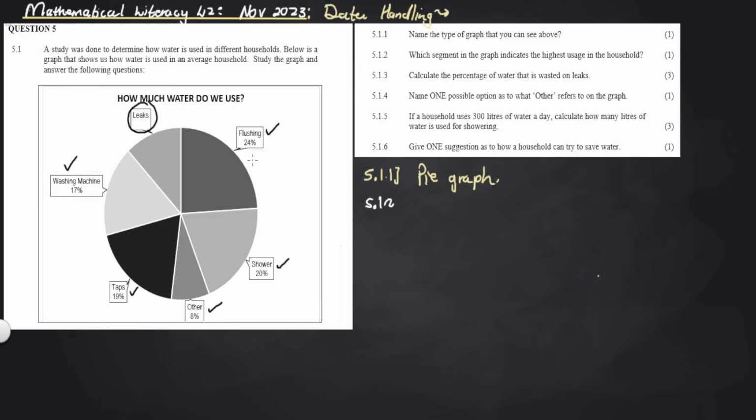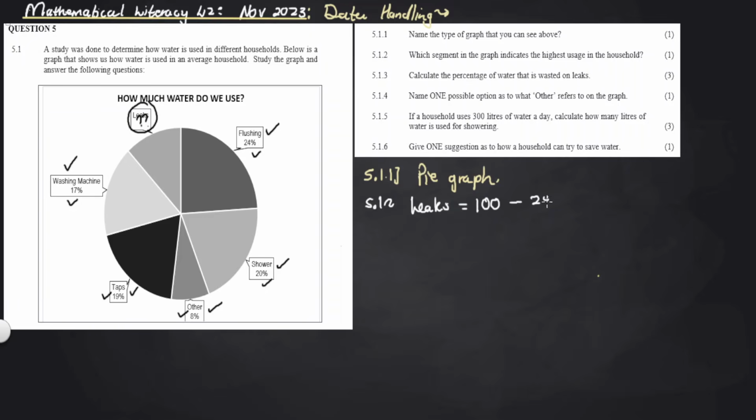Now let's check. We have 24%, 20%, 8%, 19%. Now a pie chart, when you add up all the percentages, they should give you 100%. So we don't know the percentage of the leakages. So how do we work out the percentage for the unknown leakage? We're going to do the following. For the leaks, it's going to be equal to 100%